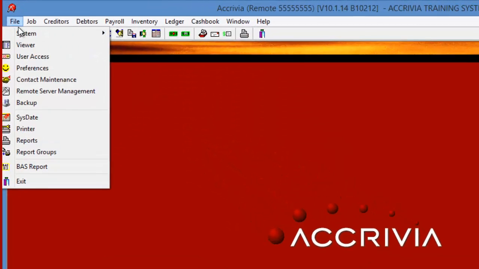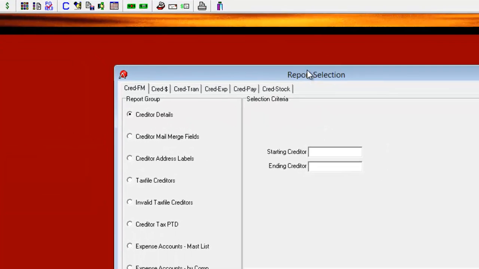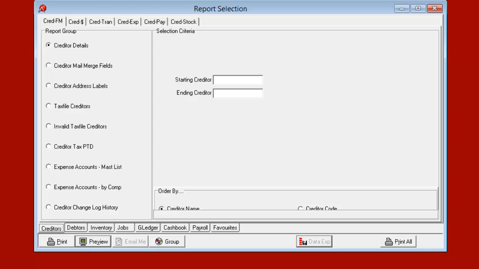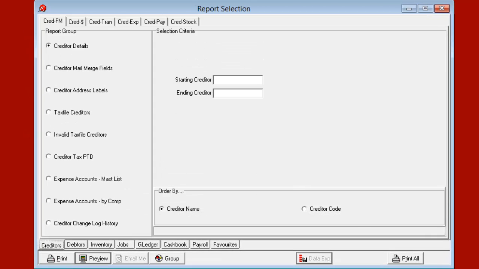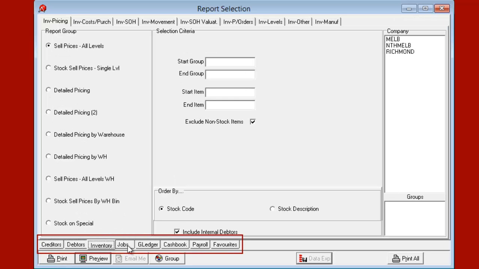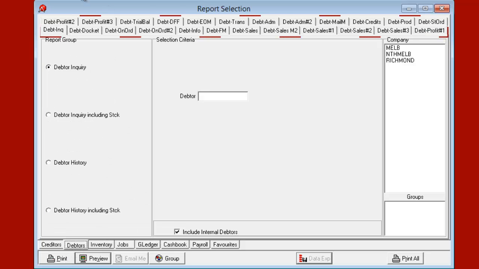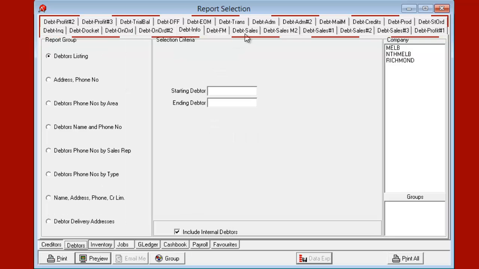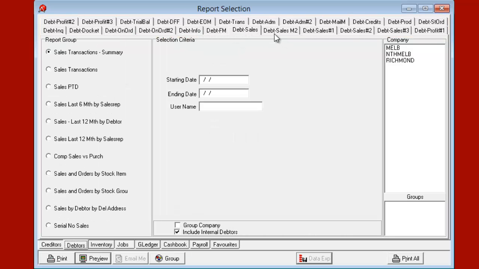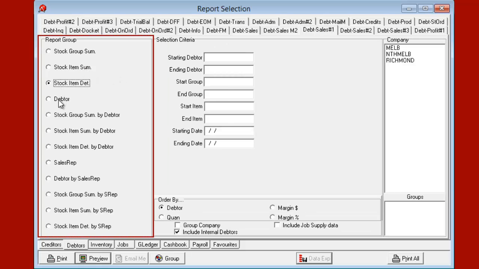All the reports are found in this one screen in the Accrivia system. They are broken down by module, and then within each module we have the report tabs. Within each report tab we have our reports,